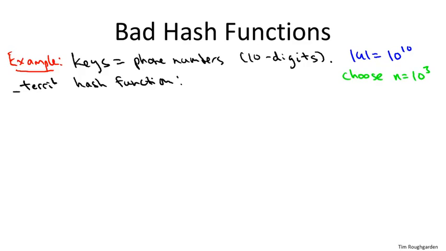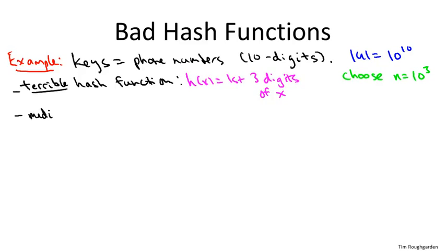Meanwhile, not all 1,000 possibilities of these 3 digits are even legitimate area codes. Not all 3-digit numbers are area codes in the United States. So there will be buckets of your hash table which are totally guaranteed to be empty. So you waste a ton of space in your hash table. You have a huge list in the bucket corresponding to 415. You have a huge list in the bucket corresponding to 650, the area code at Stanford. You're going to have very slow lookup time for everything that hashes to those 2 buckets. And there's going to be a lot of stuff which hashes to those 2 buckets. So